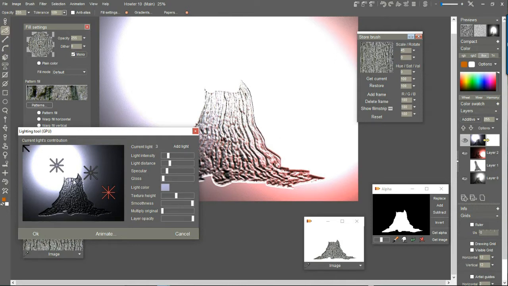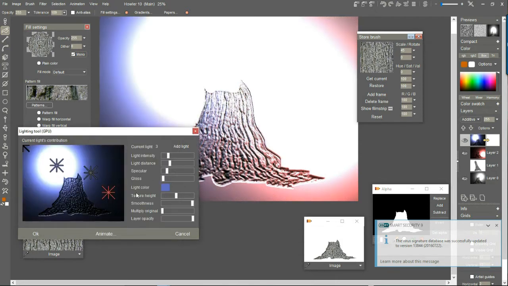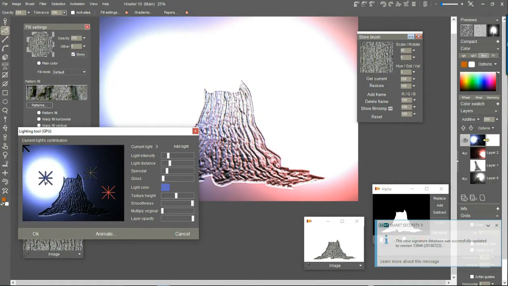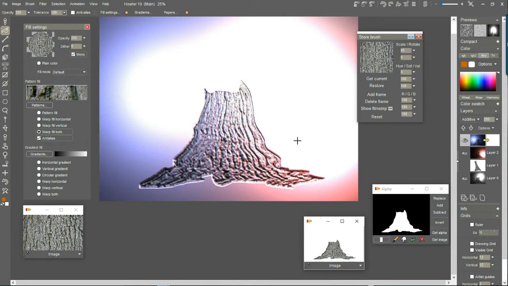So let's say we go and make this one an even deeper bluish tint, something like this. Oh, maybe like that. So we have this bluish coloration coming from the left side, and again we can still also adjust how bright that thing is there. So we have now several lights hitting it, and one of them is maybe too bright,